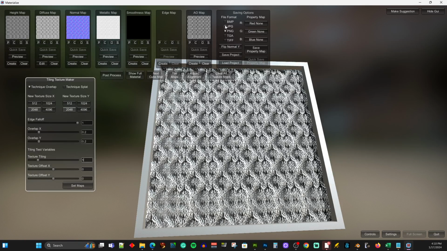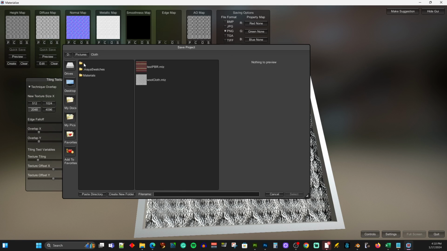All right, I'm going to save it as a PNG file. And then the rest of this I'm ignoring, and I'm going to hit Save Project. So I created a folder under my pictures directory. I have a folder called cloth. No, I don't want it in there. I want it in this one. That's not where I want it. Okay, so I'm going to put it in